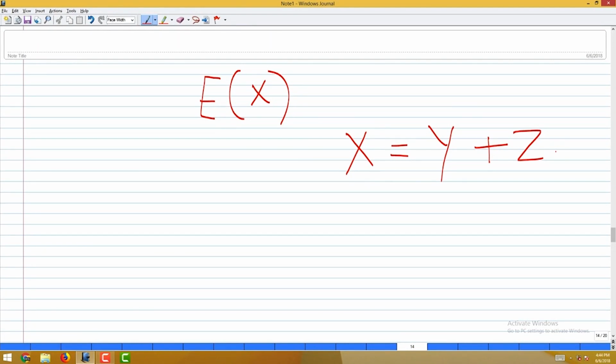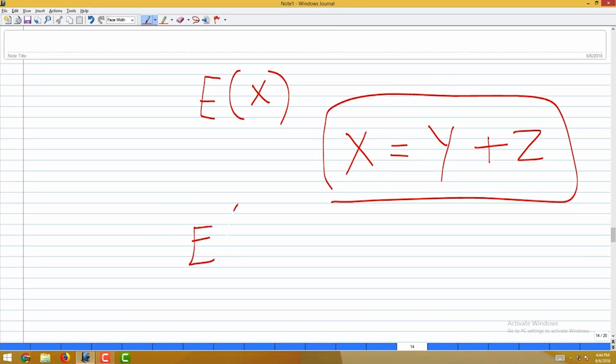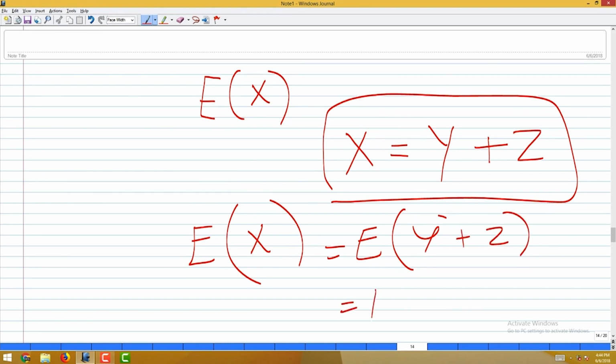That means with each student I will go and toss a coin and decide whether I should pick the student or not, and x is the number of students chosen. Let y be the number of boys chosen and z be the number of girls chosen. So x equals y plus z, right, because each student chosen is either a girl or a boy. So the expectation of x is the expectation of y plus z,